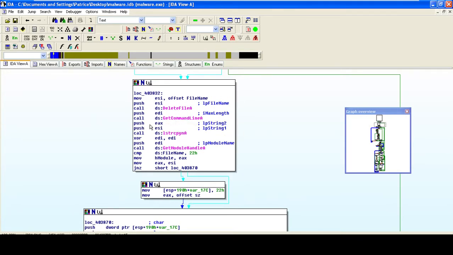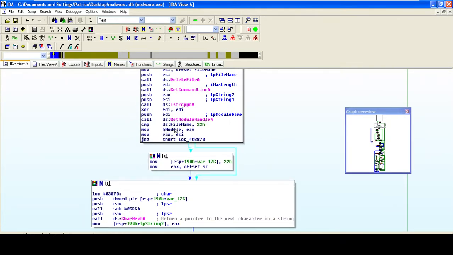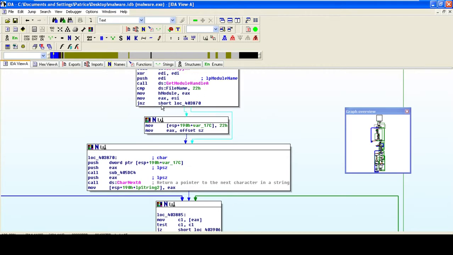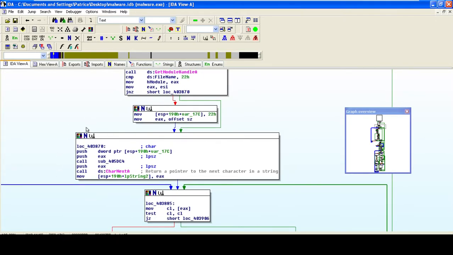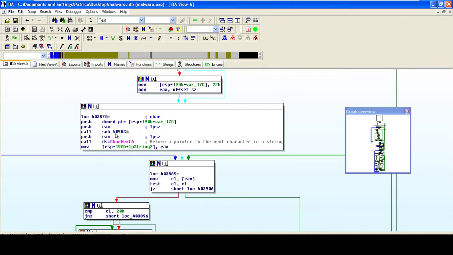Next, we are going to get the command line, and also we're going to copy the command line. Then right after that, we're going to push in a module name under EDI, and of course we're going to get the handle of that module. And next we're going to move EAX into the module, and so on and so forth. And right after that, we're going to jump into this little subroutine over here, 403870,